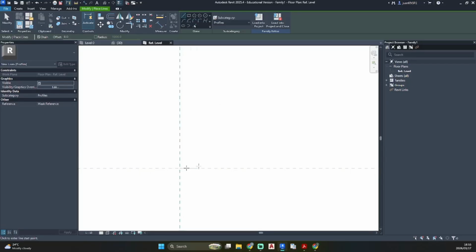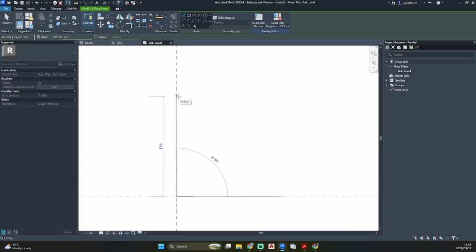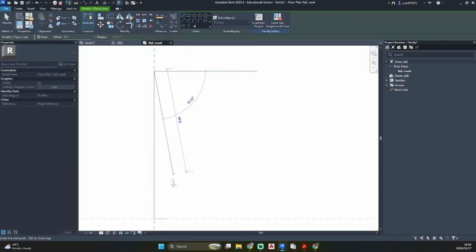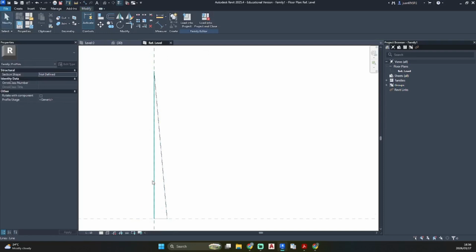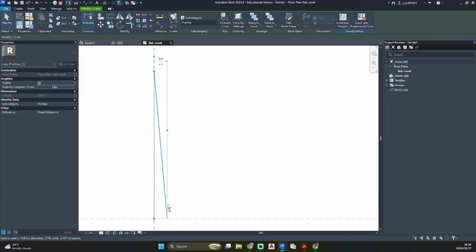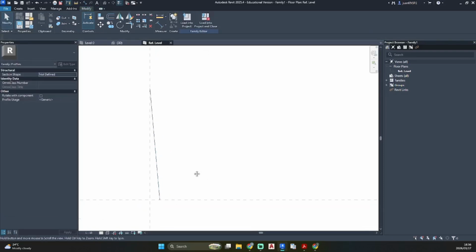If you want to get this really accurate, you'll need to check with the shiplap or any cladding manufacturers on their sizes to get this as accurate as possible. I'm going to go 120. Okay, there it is. Now I'm just going to draw a line from that point to that point and delete the other two.